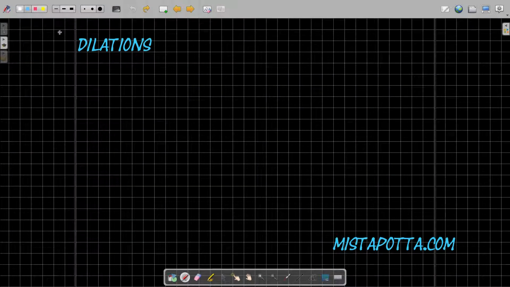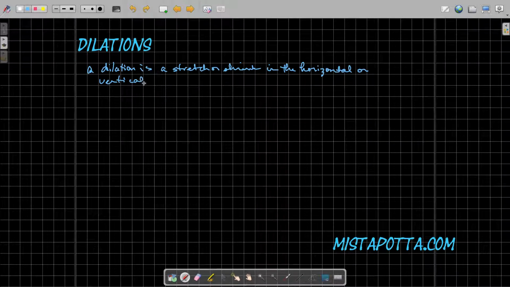So a dilation is a stretch or shrink in the horizontal or vertical direction. In other words, if I was to have some type of graph like my parabola, my y equals x squared graph,